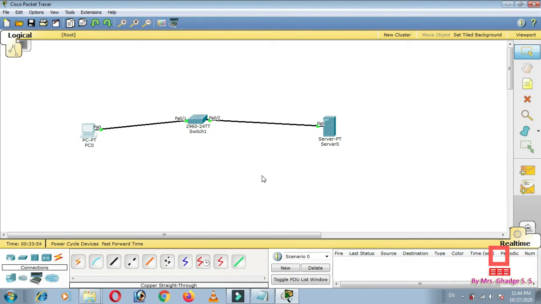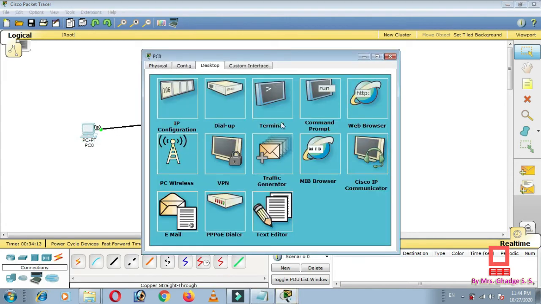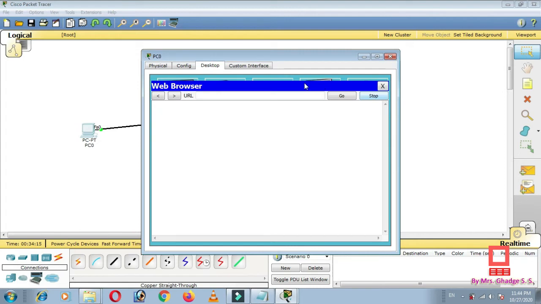Let us see how we are going to configure our DNS server. So this is our DNS server. Okay, just click on PC, go to web browser, and suppose here we type one URL www.mypage.com.